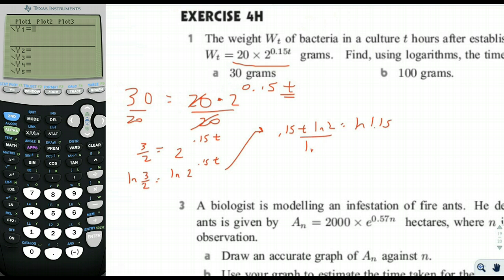And then we'll divide both sides by natural log of 2, and then we'll get 0.15t is equal to natural log of 1.5